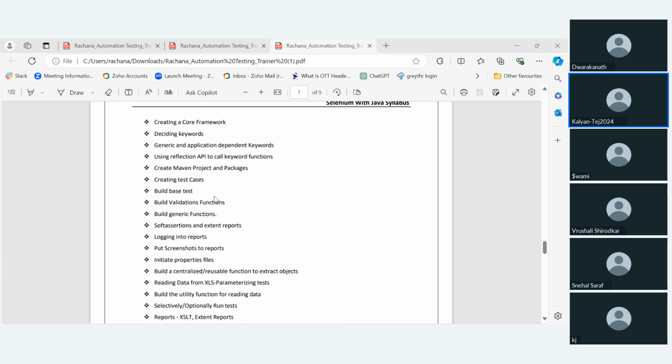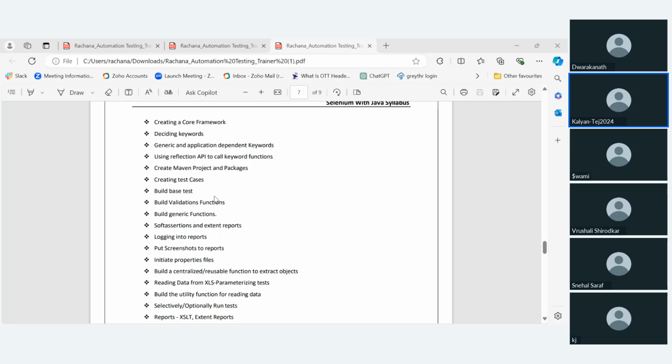Okay, so this is a very good thing. As I mentioned in the course content, we'll be covering live projects in the last 10 or 15 hours during the course. There you will be automating your e-commerce website, and apart from that, you will have a live project with respect to data driven testing, how to store the code in Git, and how to integrate it with Jenkins. There you'll understand it in more depth.